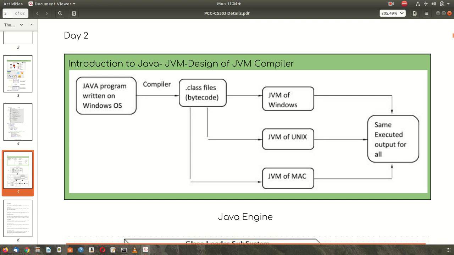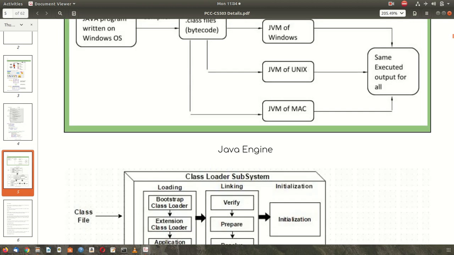Similarly, if you are running Unix or a Mac, some of you may be having Apple Mac, when you run a program in Apple Mac, you will be able to use the virtual machine for Windows and see how the program looks in Windows, and you can also change it and see how it looks in Unix. Okay, so Java uses a virtual machine. We will discuss the structure of the virtual machine next class.